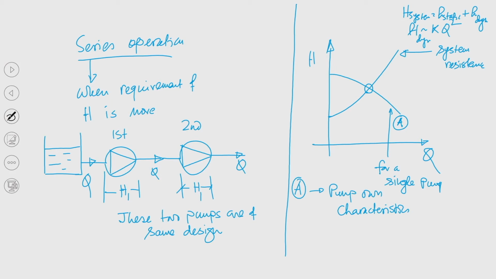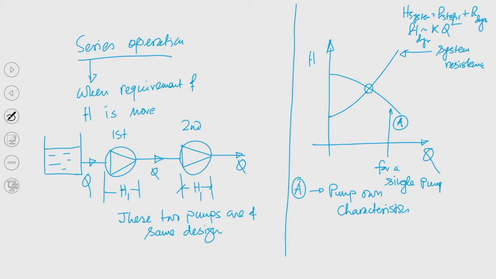So, basically these two pumps combinedly pulling some extra amount of water, as a result of which the Q which we will be getting at the outlet of the second pump will be slightly higher than what we used to get when a single pump was there. So, you can understand the combined pulling effect of these two pumps will draw slightly higher amount, as a result of which this Q will be slightly higher than the previous Q.